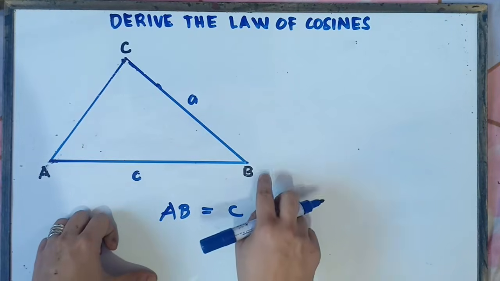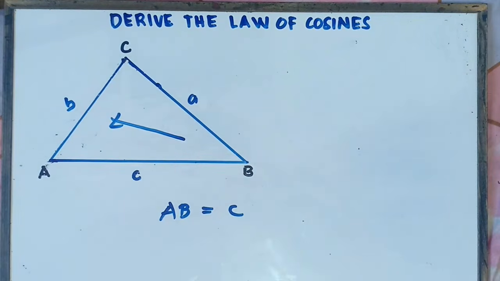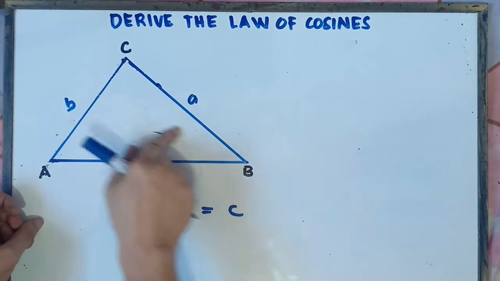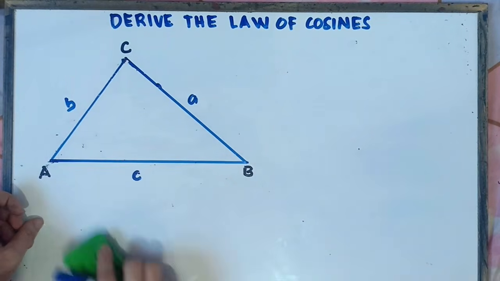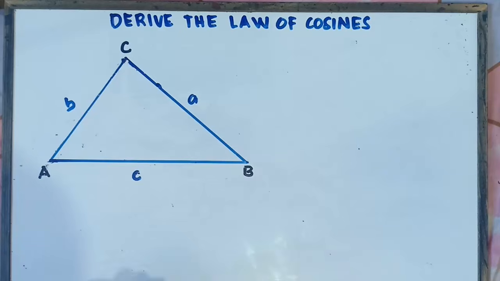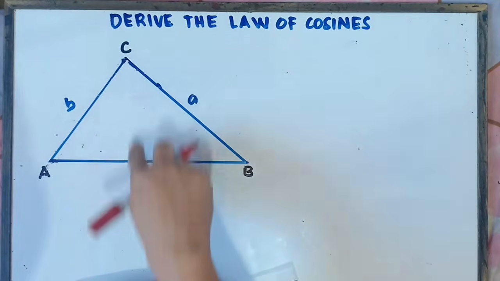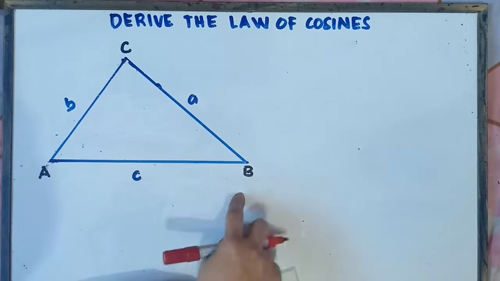Now, this angle B, opposite of angle B, that would be side B. This one right here. I hope it's clear for you with that one, class. Opposite of angle A, that would be side A. Opposite of angle B, that would be side B. Opposite of angle C, that would be side C. Now, what if I draw a vertical line from this angle C going to side C, in which the line, class, is perpendicular to line AB?